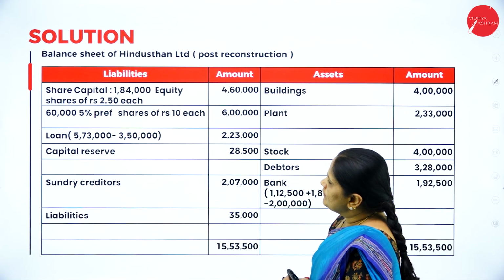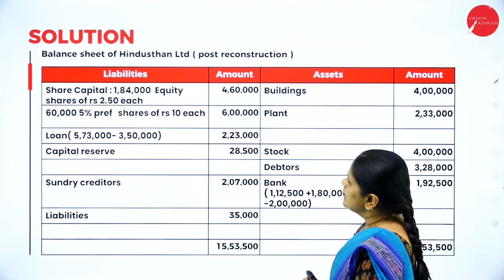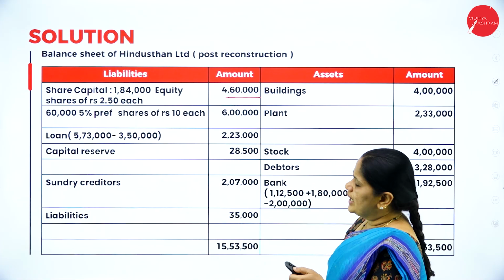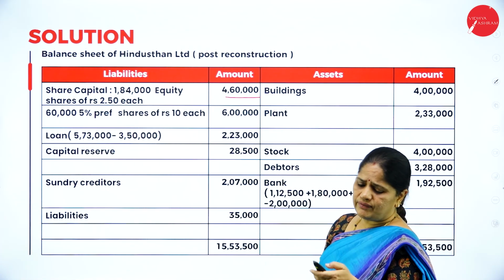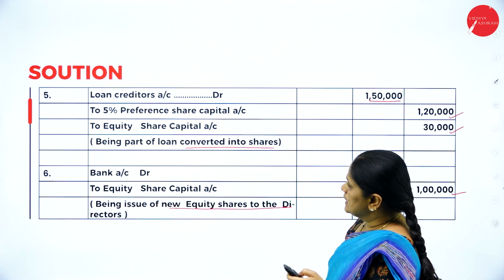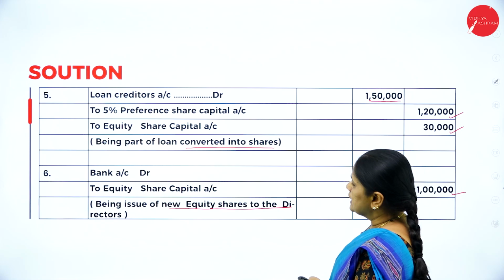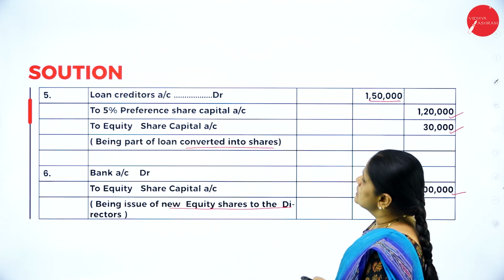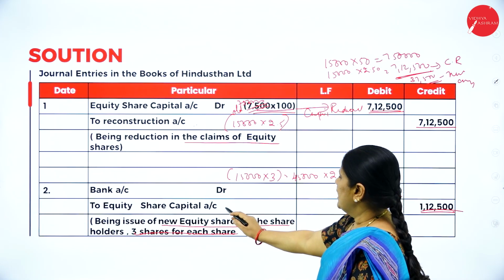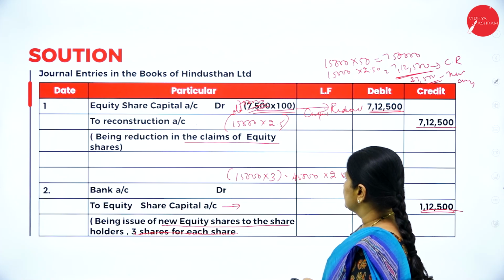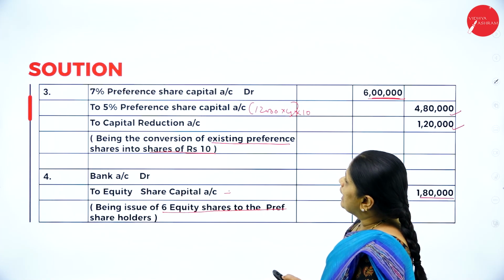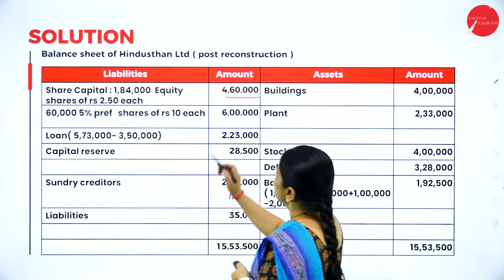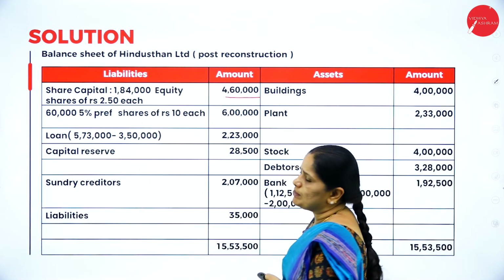So totally we have 1,84,000 equity shares of 2 rupees 50 each. So how we got this? We have to add all the equity shares whatever we have issued here. So if you can see here, we have issued 40,000 equity shares to the directors, and we have also issued some equity shares to the loan creditors, and then we have again issued to the existing equity shareholders. So all this when you add together, you will get 1,84,000 equity shares of 2 rupees 50 paisa each,